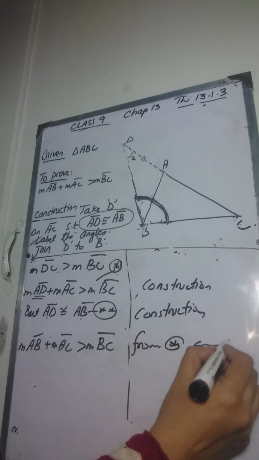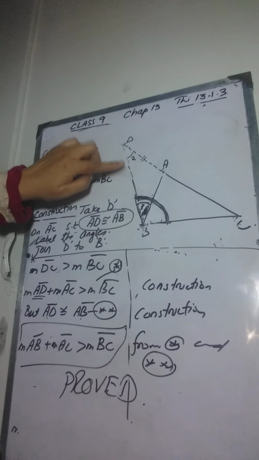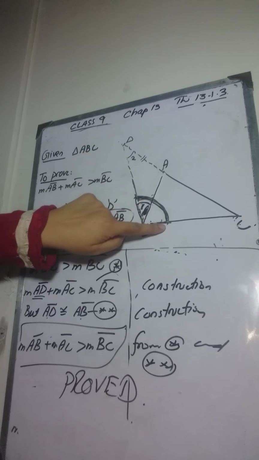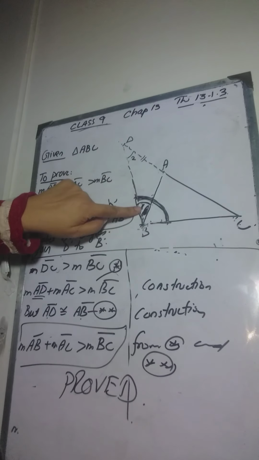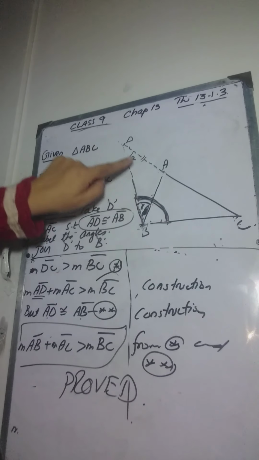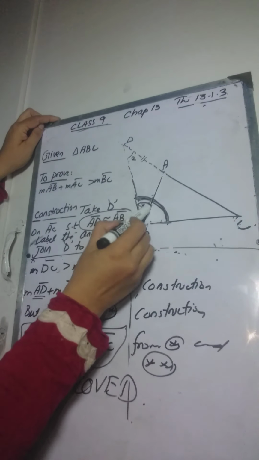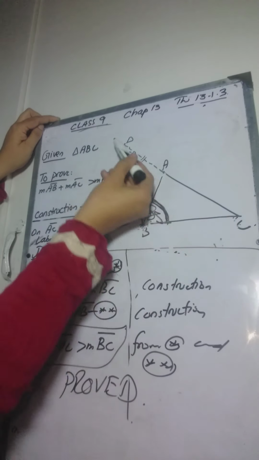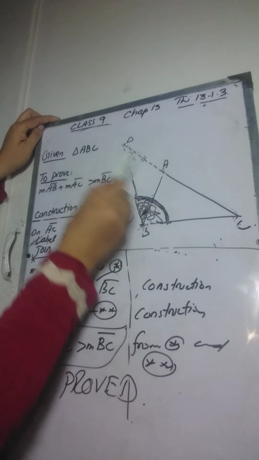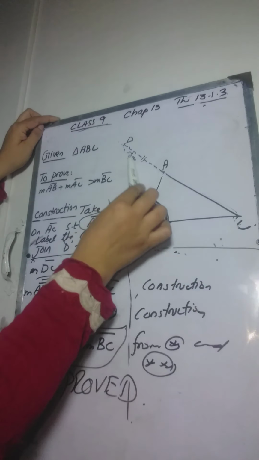Let me tell you the summary again. First of all, we extended side AC such that AB and AD become congruent. When AB and AD became congruent, these two angles were the same. This angle 1, which was this one. Okay, angle 1 and 2 are congruent. Now this whole angle DBC is greater than angle 1. As angle 1 and 2 are congruent, we can say that this whole angle is also greater than angle 2. So as this angle is greater than this one, the side opposite to this angle was DC. We said that DC is also greater than BC, which was opposite to angle 2.